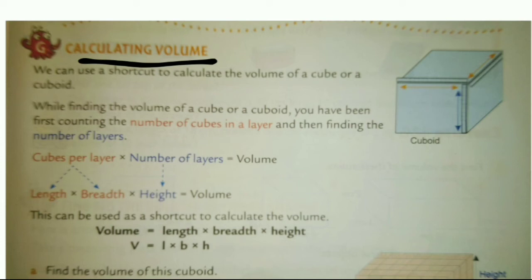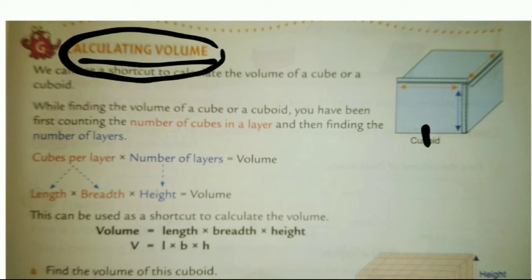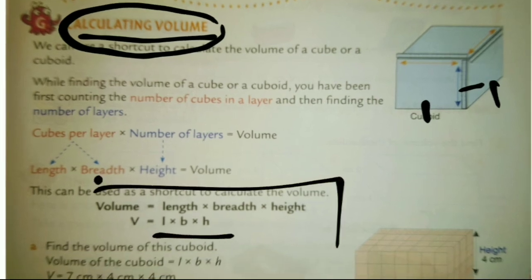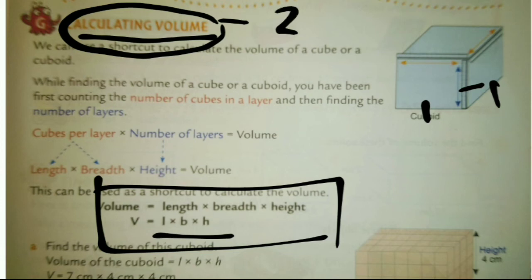In this one, see, we have learned perimeter and area of rectangle and square. So we are having there 2D dimension. 2D means length and breadth. And what is the meaning of volume? Volume means one more thing is added. That is length, breadth and height. This is the formula we have to use for volume. Volume means length, breadth and height, and volume is a three-dimensional figure. Three-dimensional figure means we can see the back part also.